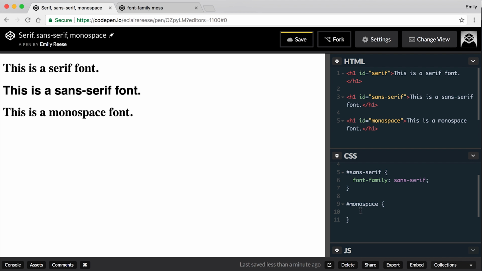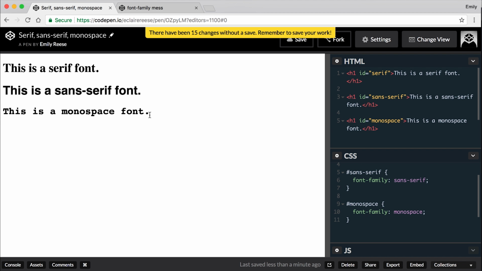Lastly, you can create an element that has a font family of monospace. This means that each letter takes up the same width no matter which letter it is. Each of these font groups has a slightly different feel to it. So you can choose a generic font group like this, but more often than not, you'll be working with more